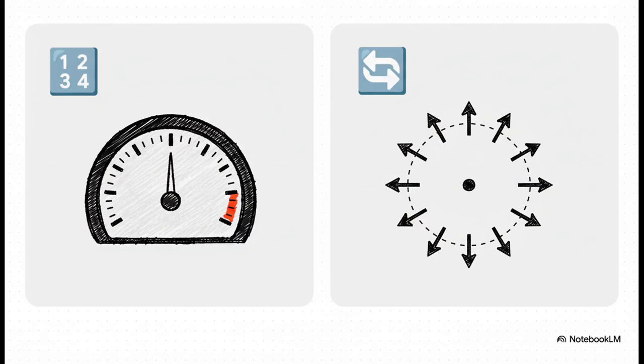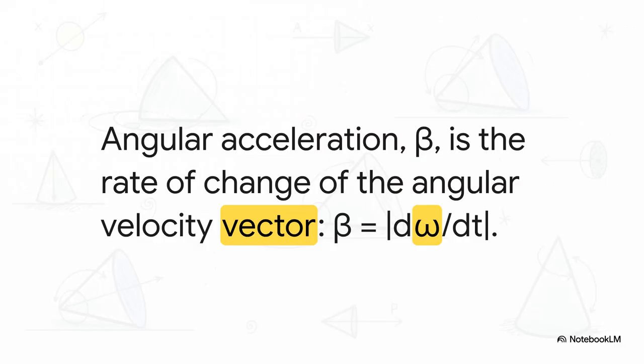But angular velocity is a vector. It has a direction. And as our cone rolls, that instantaneous axis is constantly swinging around. That means the direction of the omega vector is always changing. And the number one rule of vectors is if any part of it changes, magnitude or direction, you have an acceleration. So the true definition of angular acceleration, beta, is the rate of change of the angular velocity vector, not